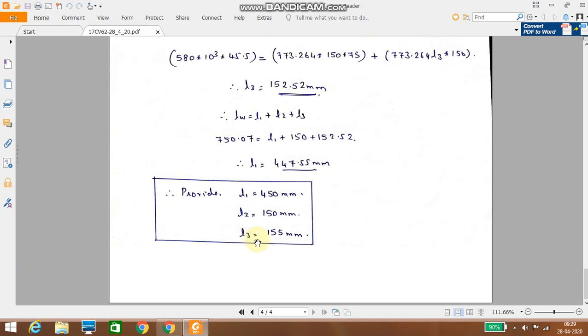So this is how we are going to distribute, or this is how we are going to provide, the length of the weld, especially for angle sections which are connected to a gusset plate. Very simple problem. In the coming video lectures we will take a few more problems. Hopefully in 2 or 3 upcoming video lectures we will solve the problems and we will finish off the module.